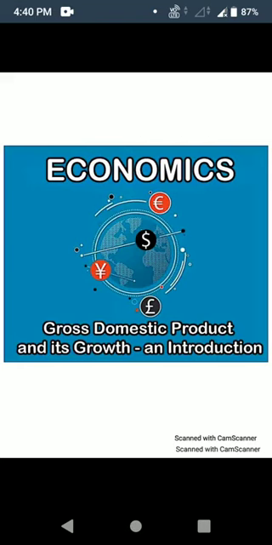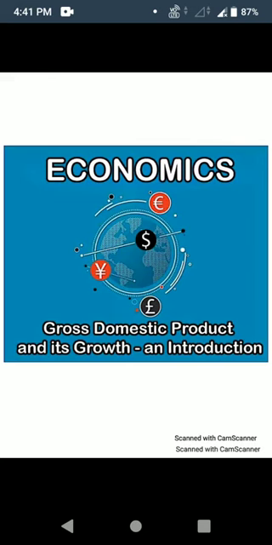Okay. Next, we have also learned about various terms of measuring national income. Did you remember what are the terms of measuring national income? Yes, that is gross national product, gross domestic product, net national product, net domestic product, per capita income, personal income, disposable income. Isn't it? These are the things we have learned in the previous class. So again, we are going to learn today the same lesson only, the remaining portion.